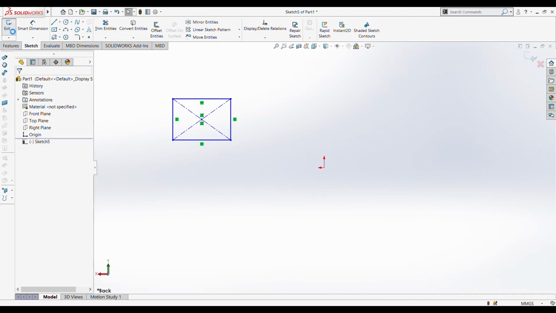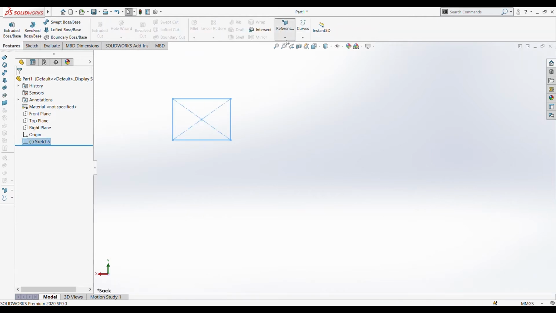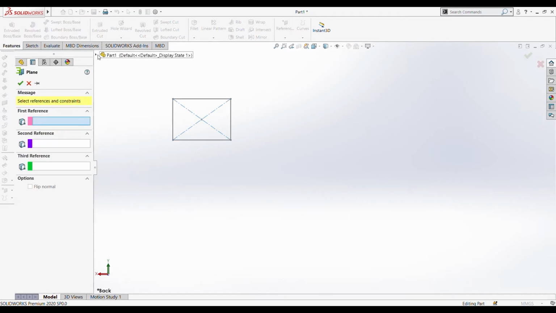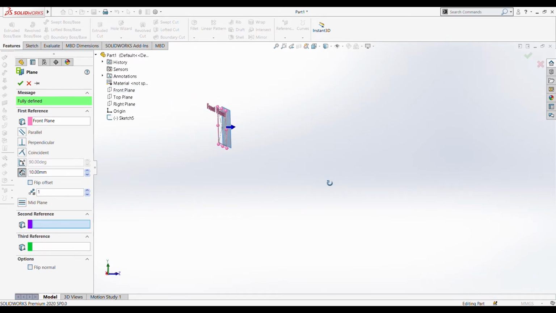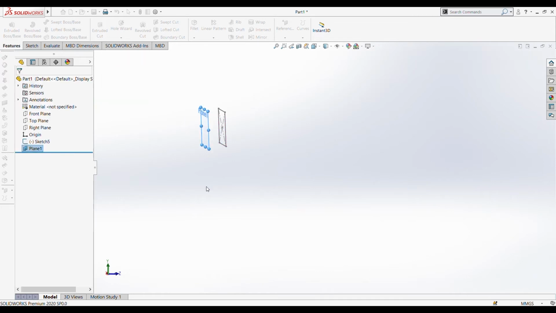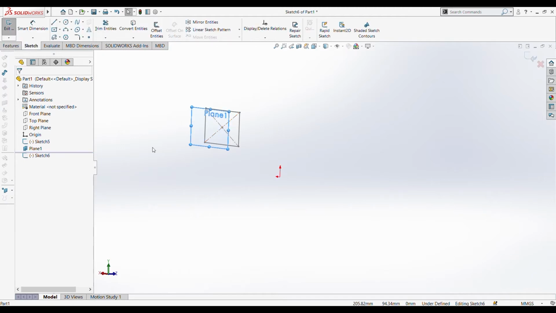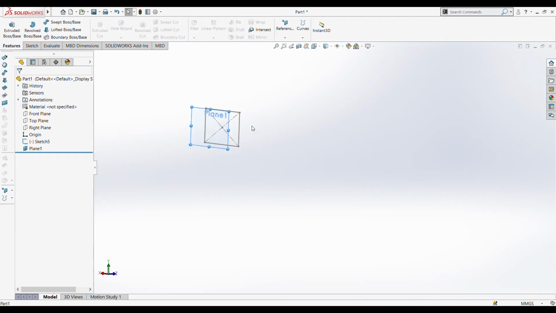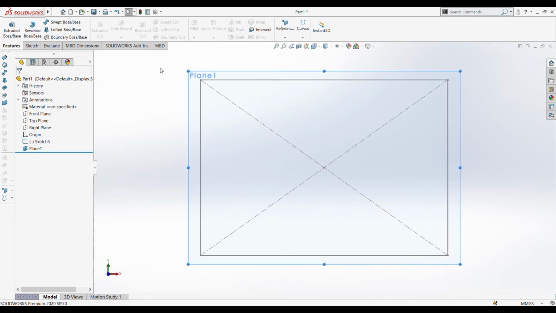I can just exit the sketch and create a reference plane. I can select the plane from the tree over here. I just need one more reference plane. I'll increase the distance over here and then okay. Now I need to sketch over here. Let me exit the sketch, one second. Normal to, and then